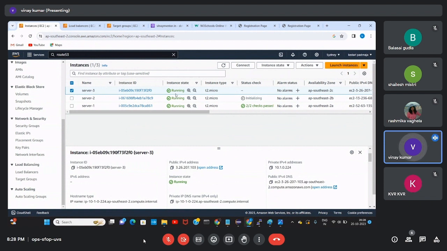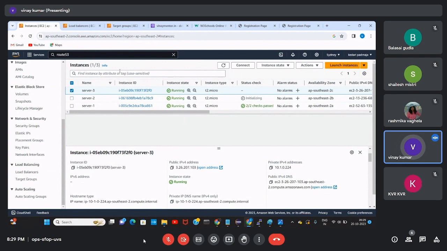Within 10 days, 750 hours will be completed. Then I will get a bigger bill. If I am using only one server, 24 hours daily, then per month maybe no problem. But if you are using 3 or 4 servers, you can easily cross the limit.